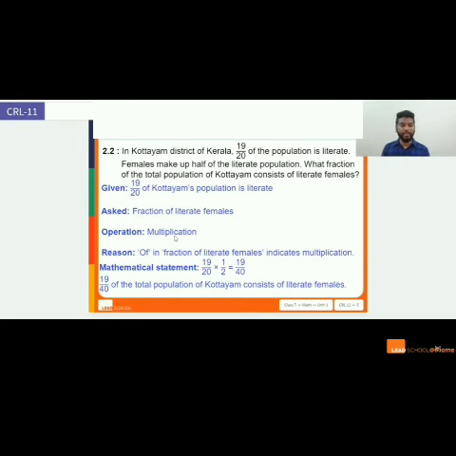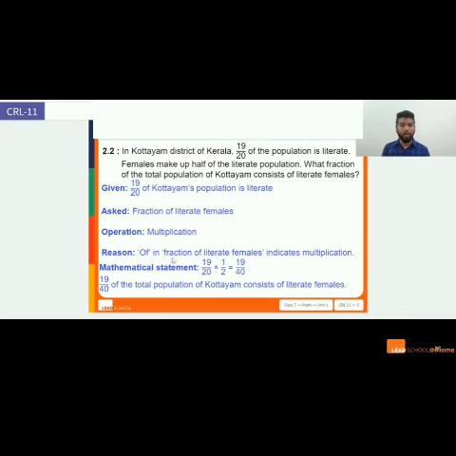The operation I'm using is multiplication. Now there are two ways of looking at it. I can use multiplication because I want to just multiply it with half, or I can divide this fraction by 2 and apply the reciprocal approach that we learned yesterday. The division symbol will be replaced by the multiplication symbol and 2 will be replaced by the reciprocal, that is 1 by 2. Correct? So I can use multiplication.